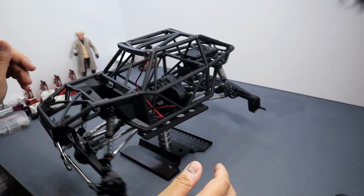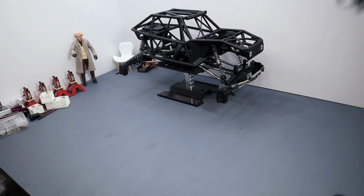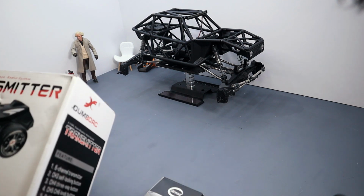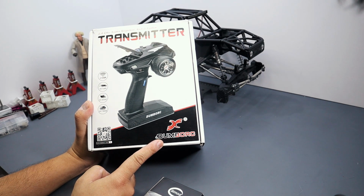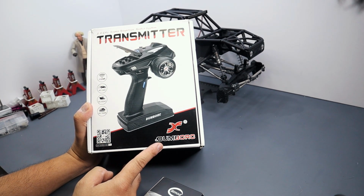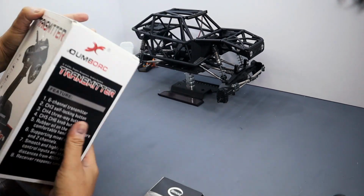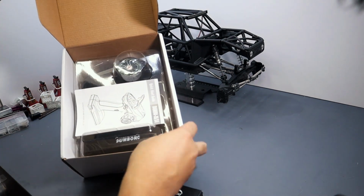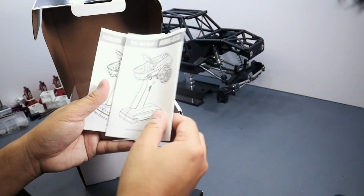So let's set this aside. Let's get the electronics. Now this is part of the budget build, which includes the budget transmitter from Dumbo RC. It's on sale now at the time of shooting this video in AliExpress. So let's open this. It's pretty basic. You got your manual,